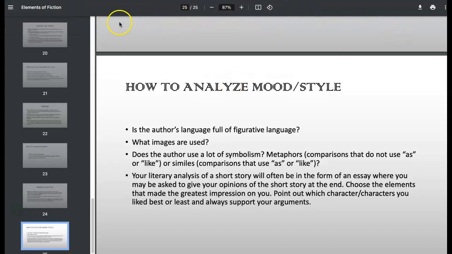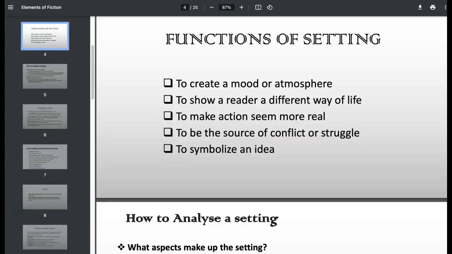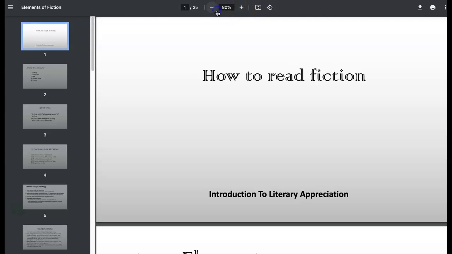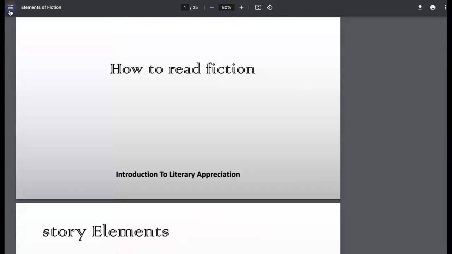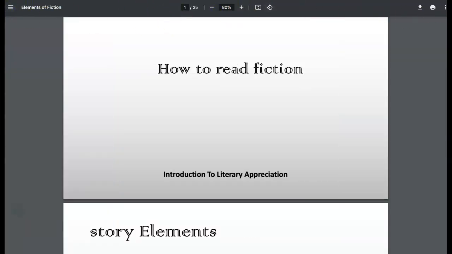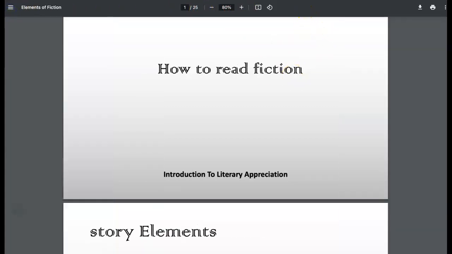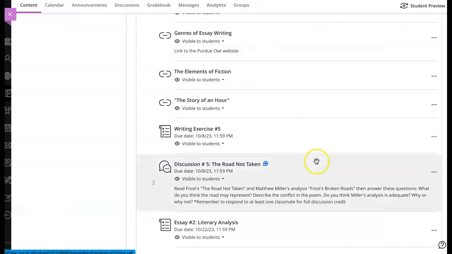Let's see. That's pretty much it, guys. Again, I just wanted to discuss this and go over the essay instructions. That way, you guys are familiar with what's going on. Okay. Anyways,